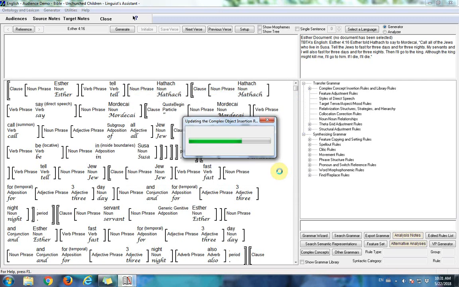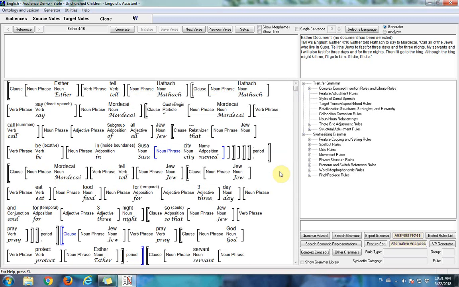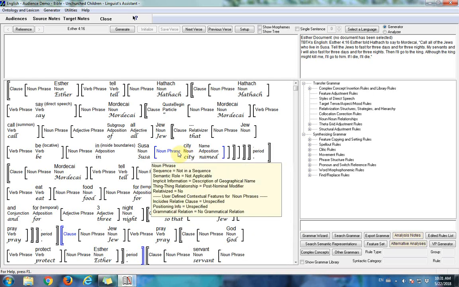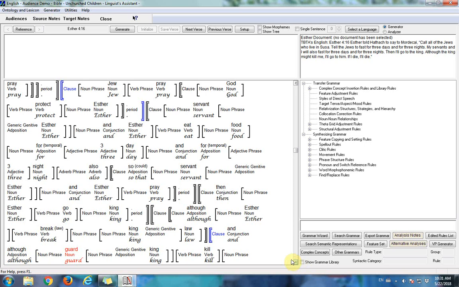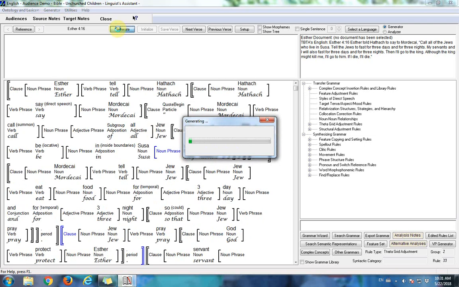So the rules for this audience are updated, and I've set this up so that the extra explanatory information that's been included in the text is highlighted in blue. So here we have this noun phrase, a city named Susa. Churched adults probably know that Susa is a city, but for everyone else it's nice to include the fact that Susa is a city. It's not a village, it's not a desert, it's not a mountain, it's not a valley, it's a city. And then down here we have 2 more sentences that have been added to make the text easier to understand. When we click the Generate button,